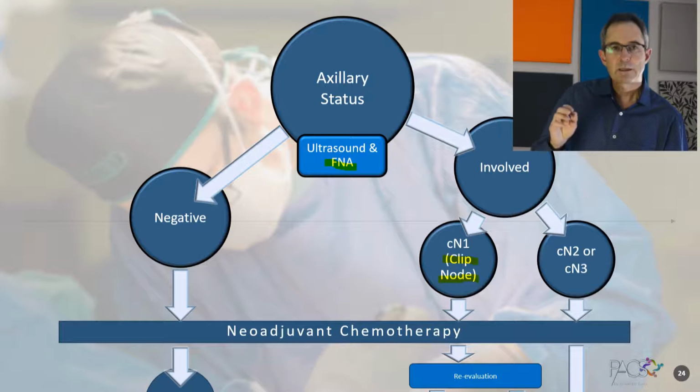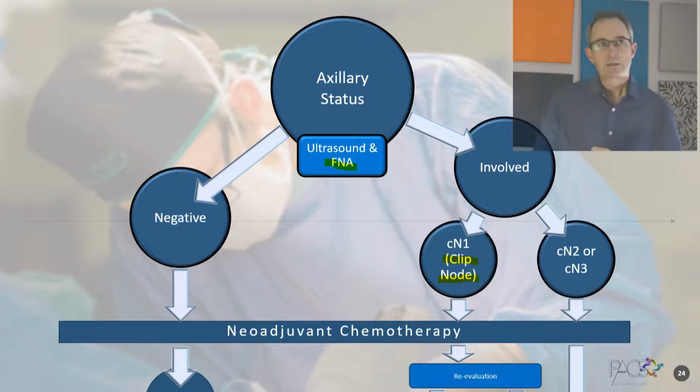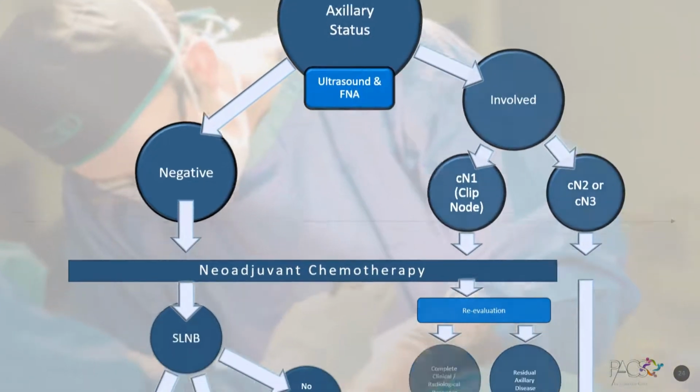So, but the important thing is you have to mark that node that was positive, because you want to know what happened to that node. Just like you want to know what's happened to the breast tumor. Every single breast tumor gets marked before the patient starts with their chemotherapy. So if the axilla is clinically negative,